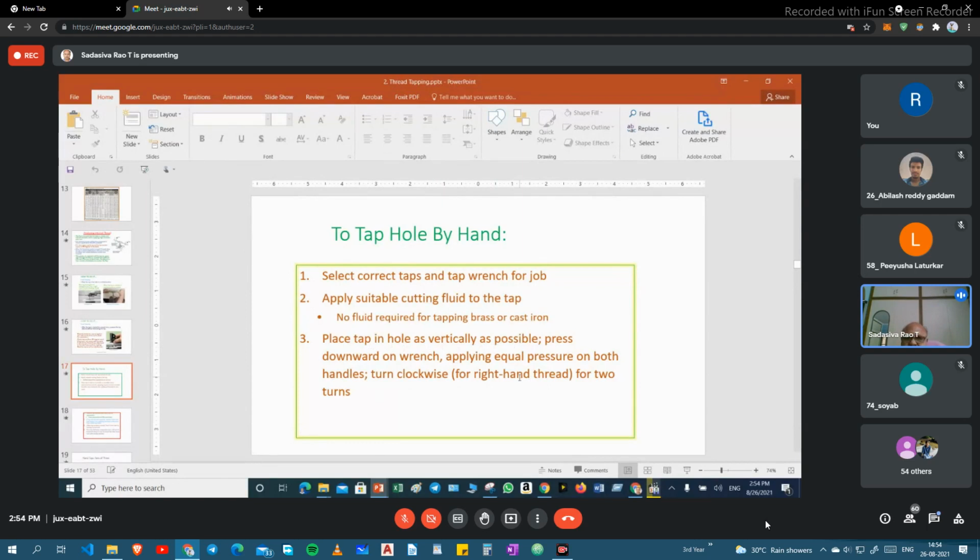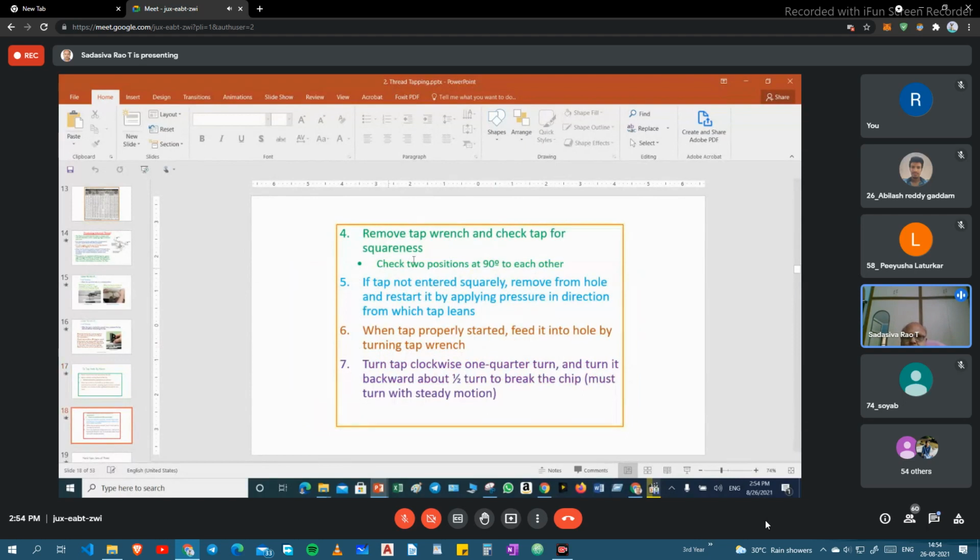Turn clockwise for right hand thread for 2 turns, remove the tap wrench and check the tap for squareness, and check 2 positions at 90 degrees to each other. In this fashion, they explained.